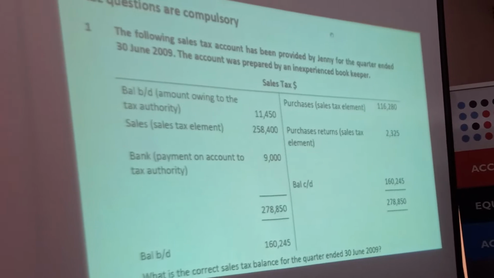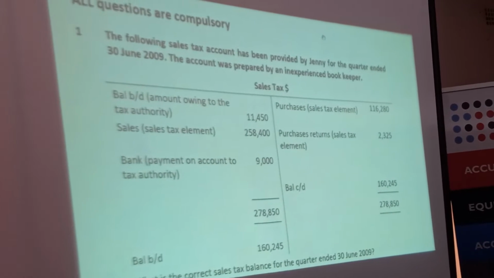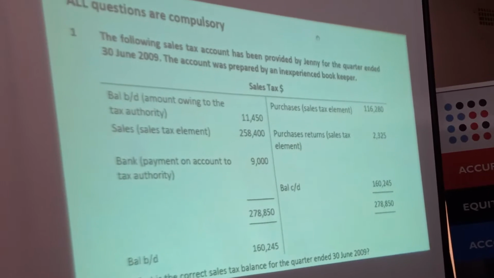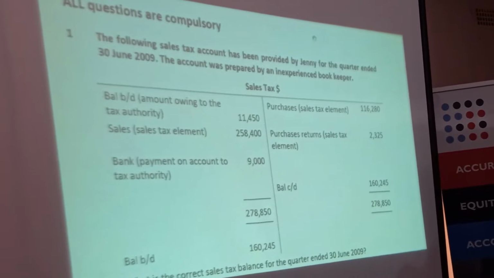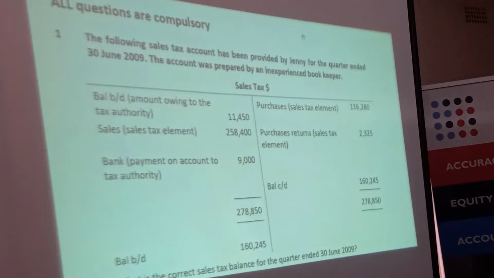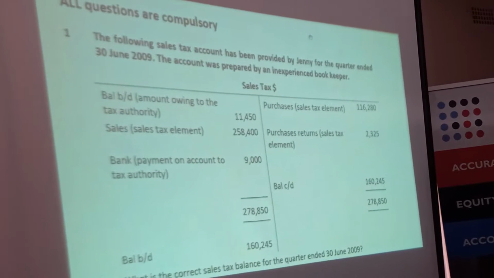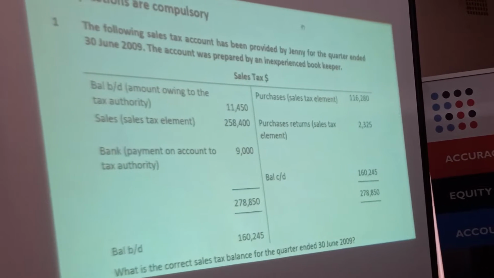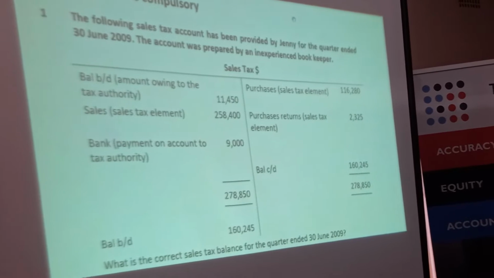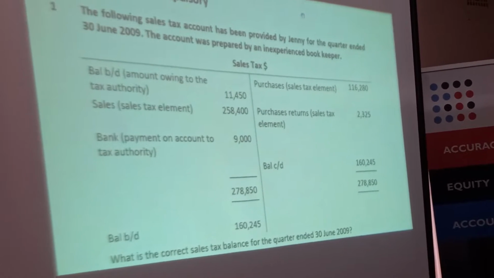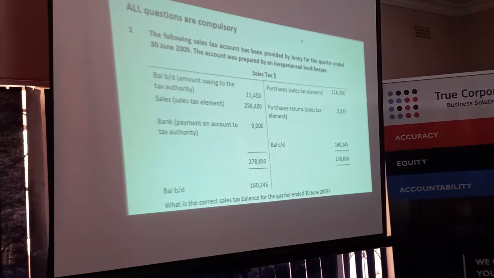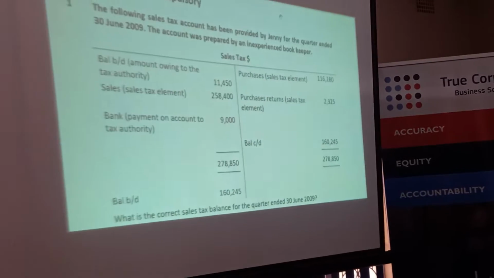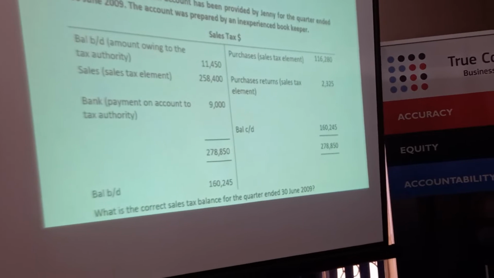Sales tax. They're saying the following sales tax account has been provided by J for the quarter ended 30 June 2009. The account was prepared by who? By an inexperienced bookkeeper, they say a trainee. So these people will make errors. Maybe they'll be doing guesswork when they prepare the account, or maybe there are some things that they won't be sure about. But what you have to understand is, number one, sales tax is an indirect